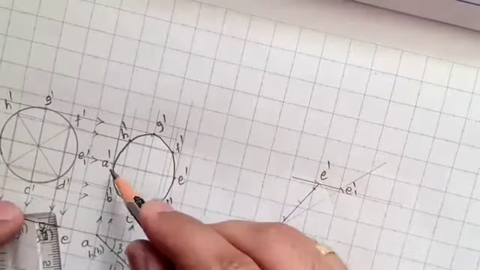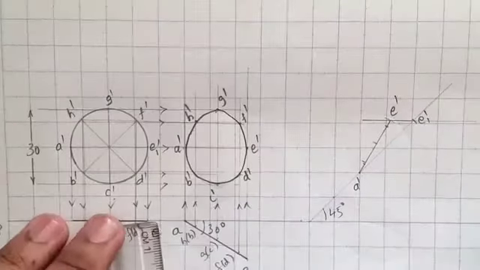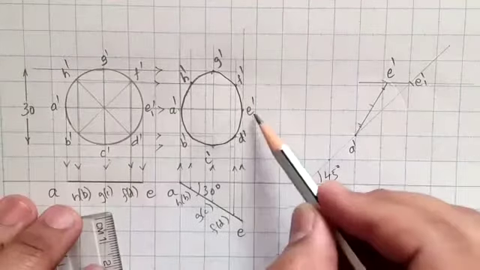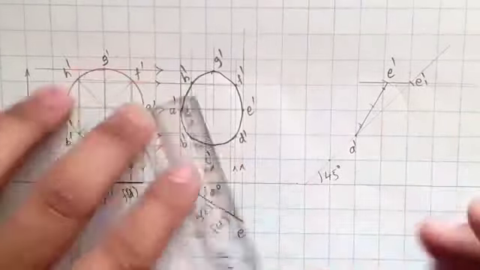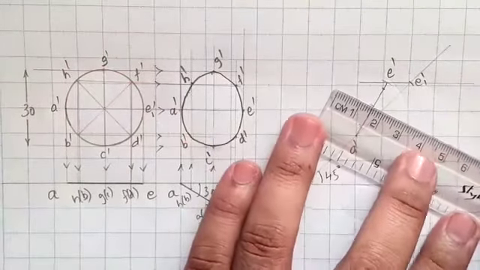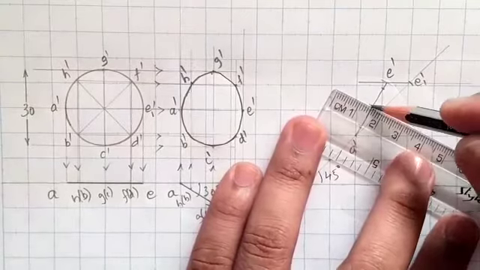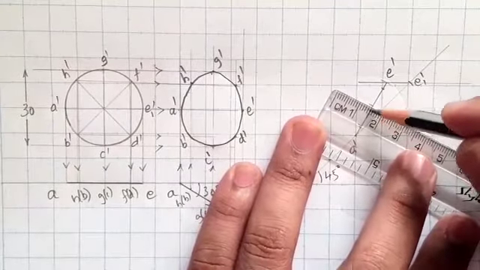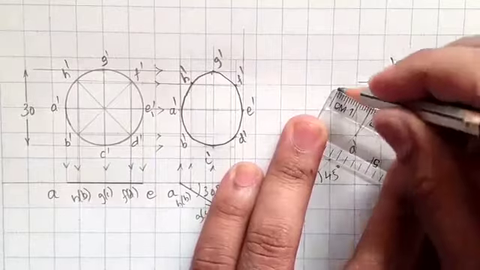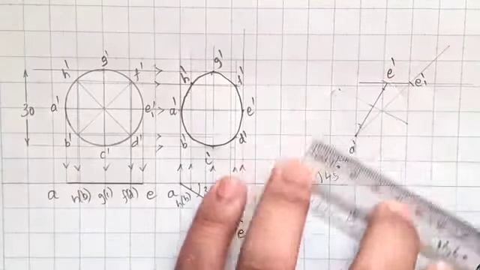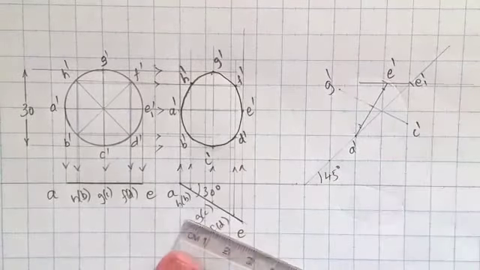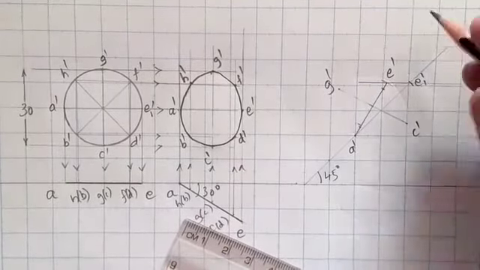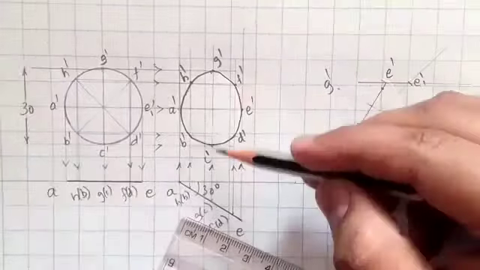I marked it. And what is the perpendicular diameter for AE? For AE, A dash E dash, perpendicular diameter is GC. First I'll draw this GC. So GC is 30. So exactly perpendicular, I'm placing it here for the midpoint. So here 15 mm line, I'm marking it here. And I'm marking 30. So here till here, I have marked. This is G dash and C dash. GC, which is the perpendicular diameter.